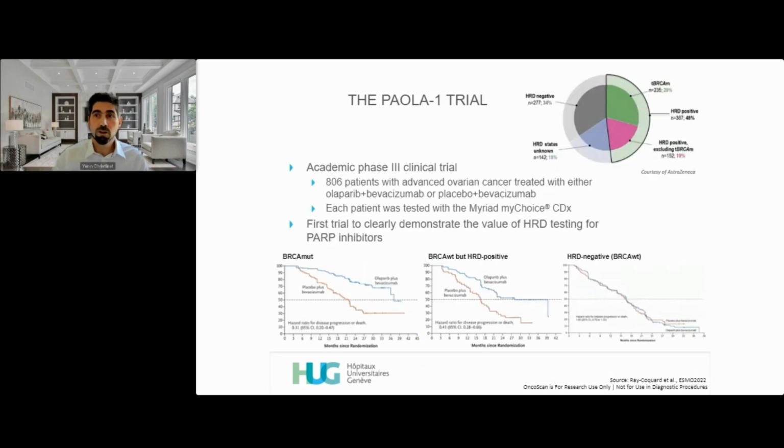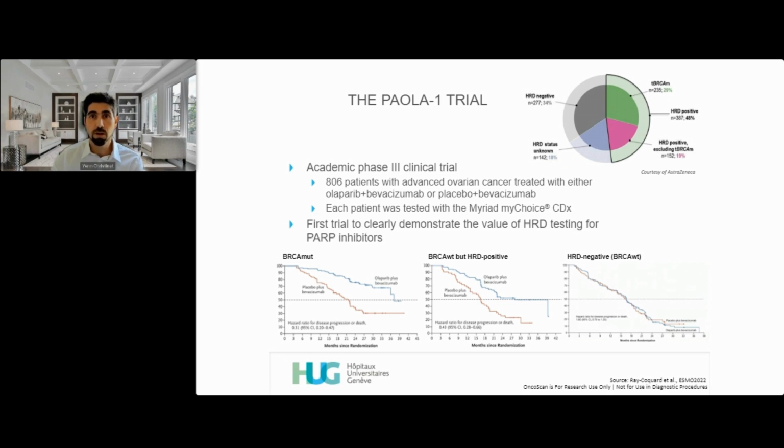Now, the PAOLA-1 trial is very interesting because it was one of the first trials to really clearly demonstrate the value of HRD testing for PARP inhibitors. It was composed of 800 patients treated with olaparib plus bevacizumab, or placebo and bevacizumab, as a maintenance treatment post-platinum therapy. And what we learned from this trial is that roughly 30% had a BRCA mutation,